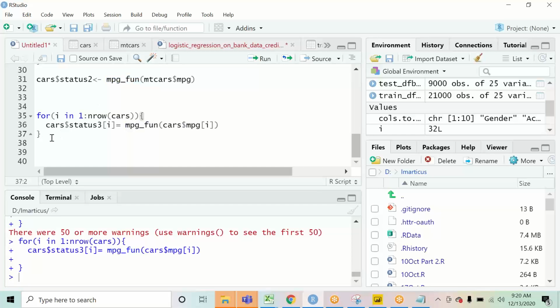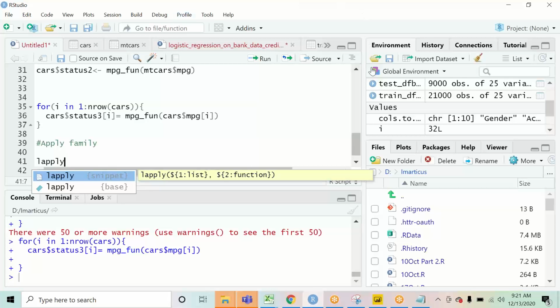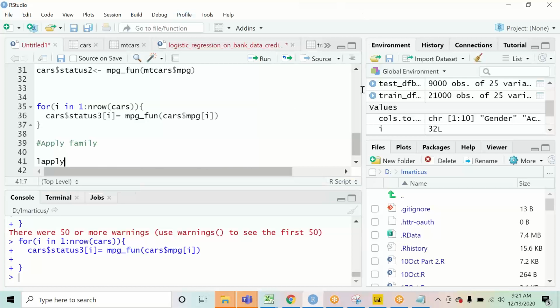Now in order to simplify that, we have the apply family. Okay, so the apply family is a list of functions that do the same task that is done by loops. Now we have a function that is lapply. Now lapply is something that gives the output in the form of a list.